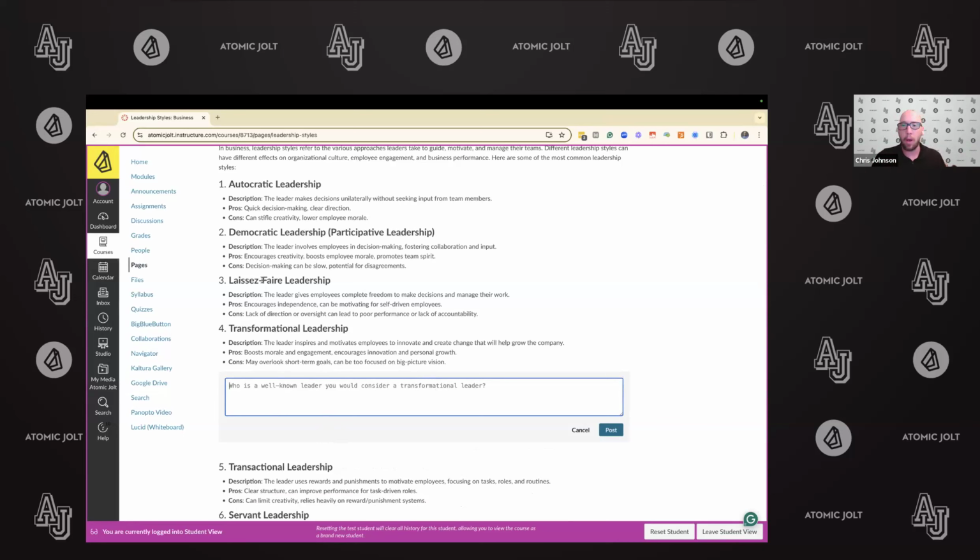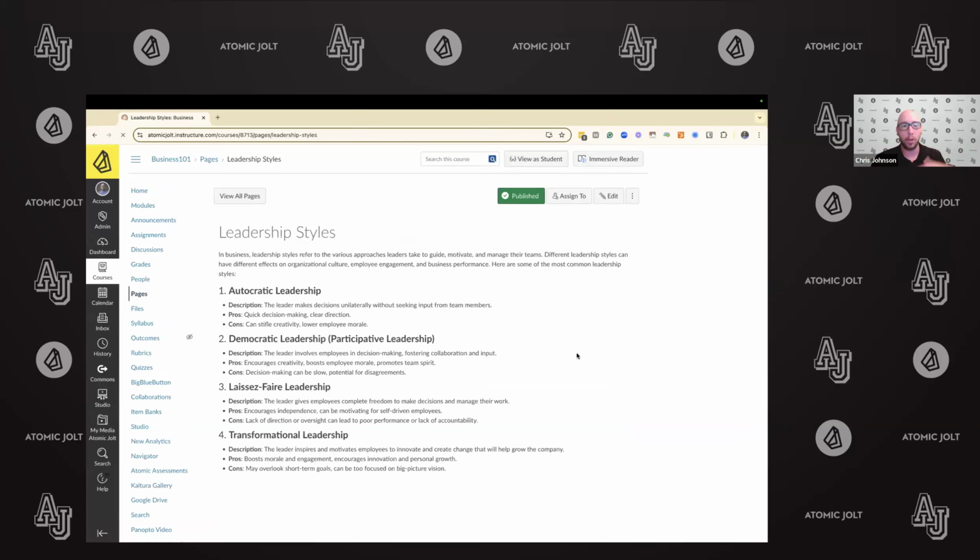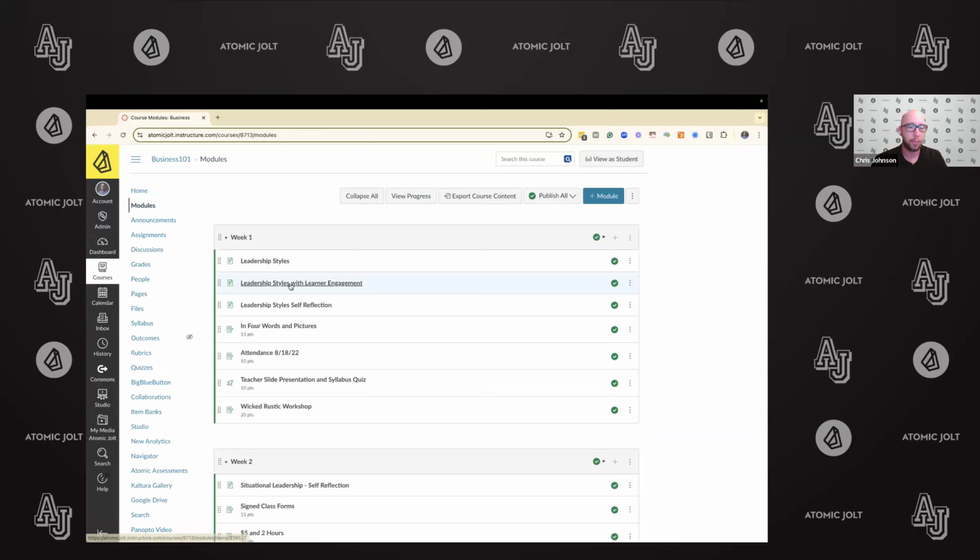It's kind of bolted on at the bottom. This allows you to interact directly within the learning content and start socializing or sharing your thoughts with your students. Let's take a look at what that looks like when it's a little bit more fully baked, and there's actually some student interaction. So I'm going to go to another learning page that's just duplicated, that shows the same page but with some student interaction.